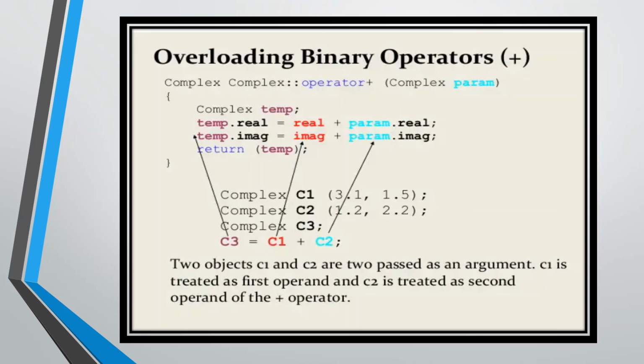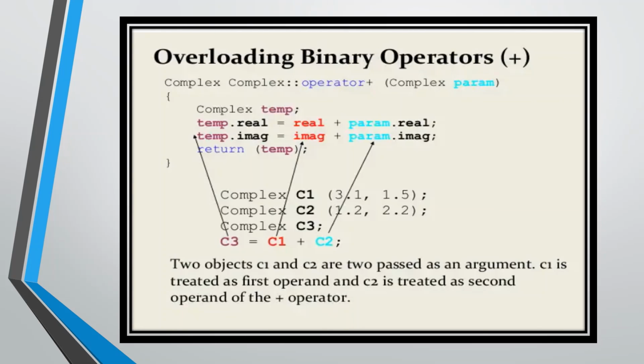As I create two objects of the same class, the constructor is called. As per the syntax, when we create an object, the constructor is automatically called. Here the parameterized constructor is going to be called. So we write the two complex numbers by using the two objects. In C1 the first complex number and in C2 the second complex number. Now C3 is equal to C1 plus C2.